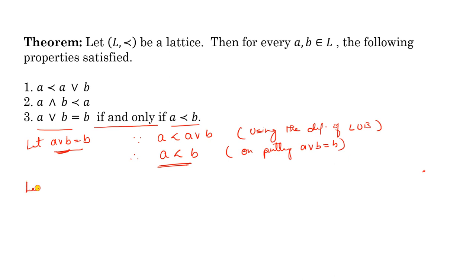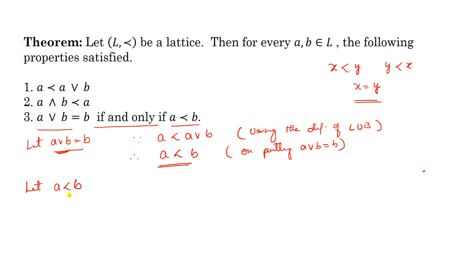Now second part: let A precedes B, and we have to show A ∨ B = B. Now remember, here we are talking about this relation, partial order relation. So how can we show this equal sign? There is only one way. A partial order relation is antisymmetric, and whenever X precedes Y and Y precedes X, then you write X equal to Y. So we have to show that A ∨ B precedes B and B precedes A ∨ B. So in this way you can show A ∨ B = B.